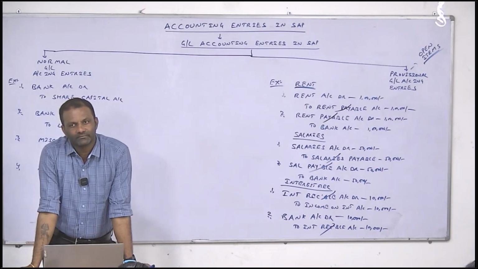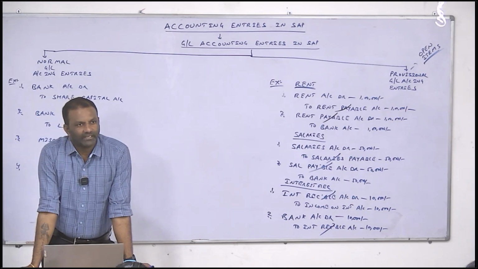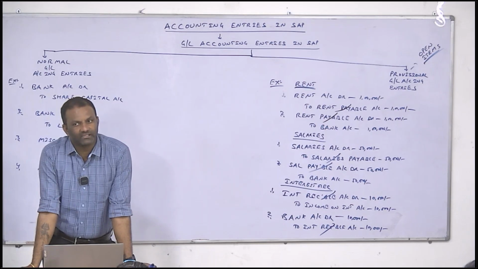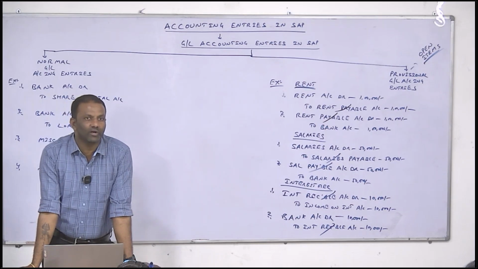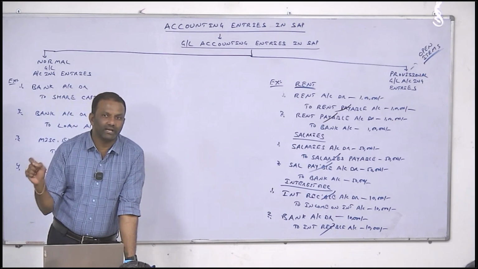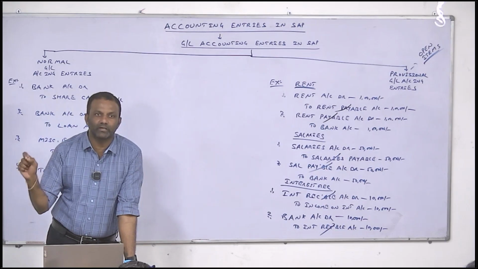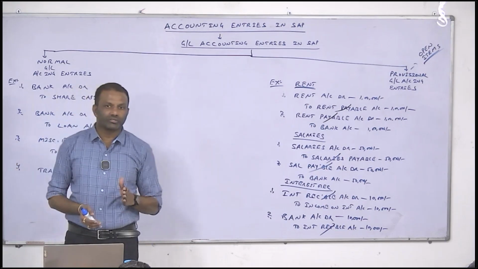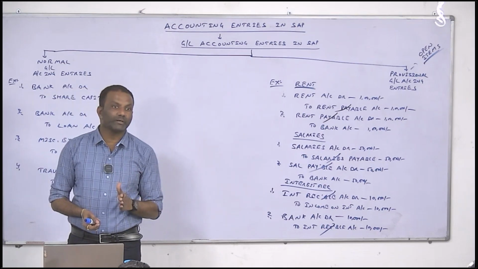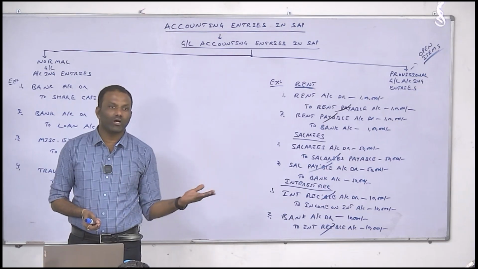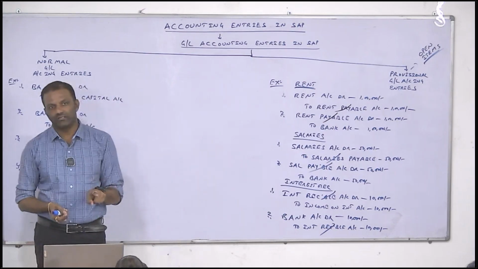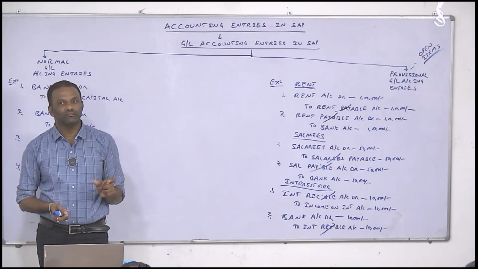Examples: rent payable, rent receivable, interest payable, interest receivable, salaries payable, salaries receivable. These all types of accounts we call open item management accounts. Open item management GL accounts are nothing but the GLs where the user will post corresponding entries with respect to the previous accounting entry to knock off the balance of the respective GL. Those types of GLs we should activate as open item.